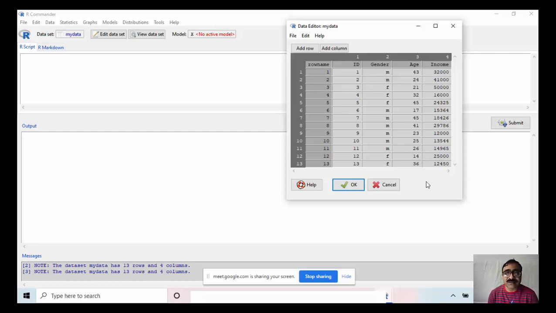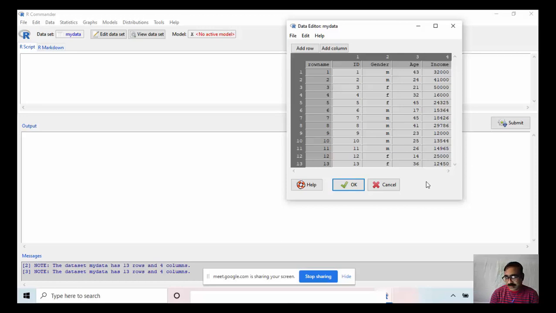Then gender is also a nominal scale, but here it is a factor variable with 2 factors, M for male and F for female. Age is measured in a ratio scale, and income is also measured in the ratio scale.